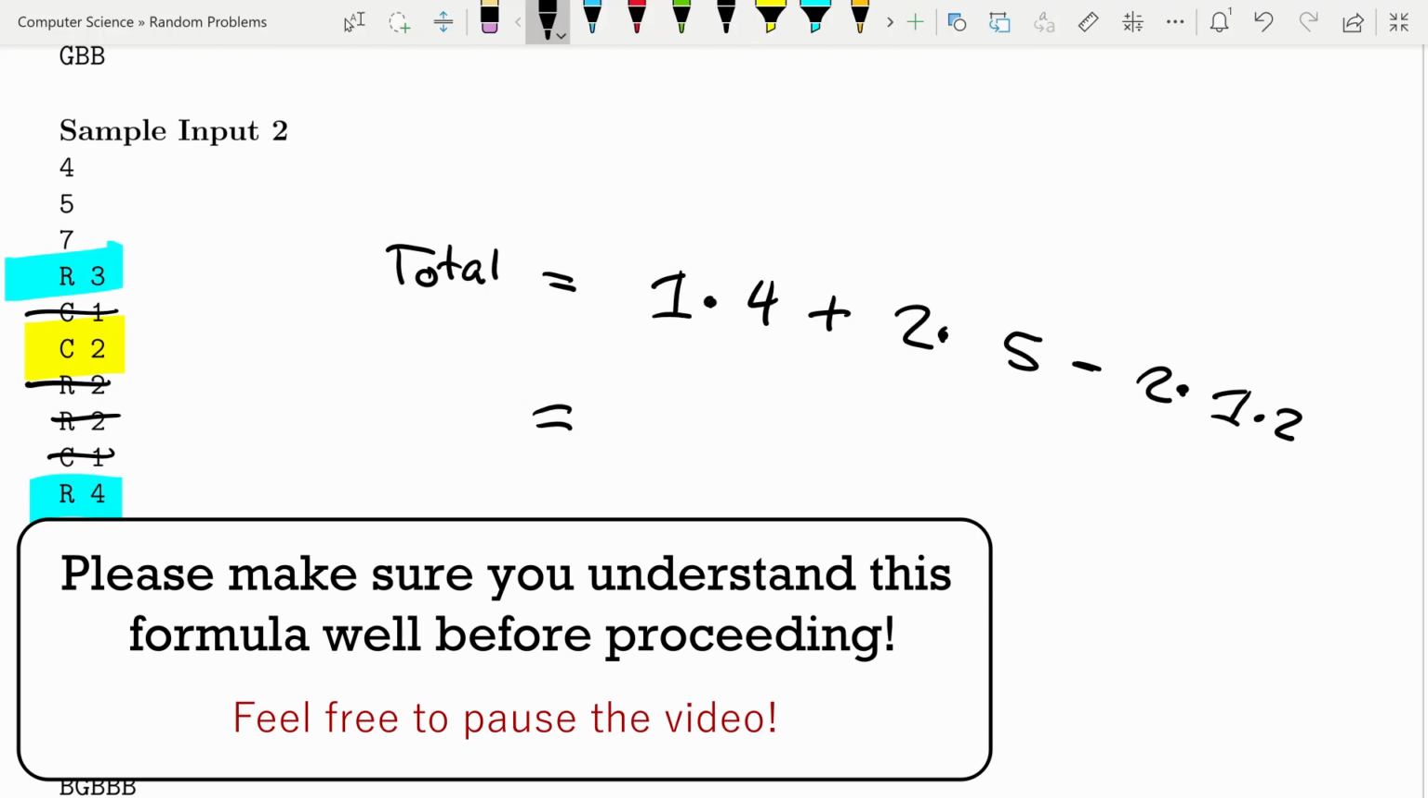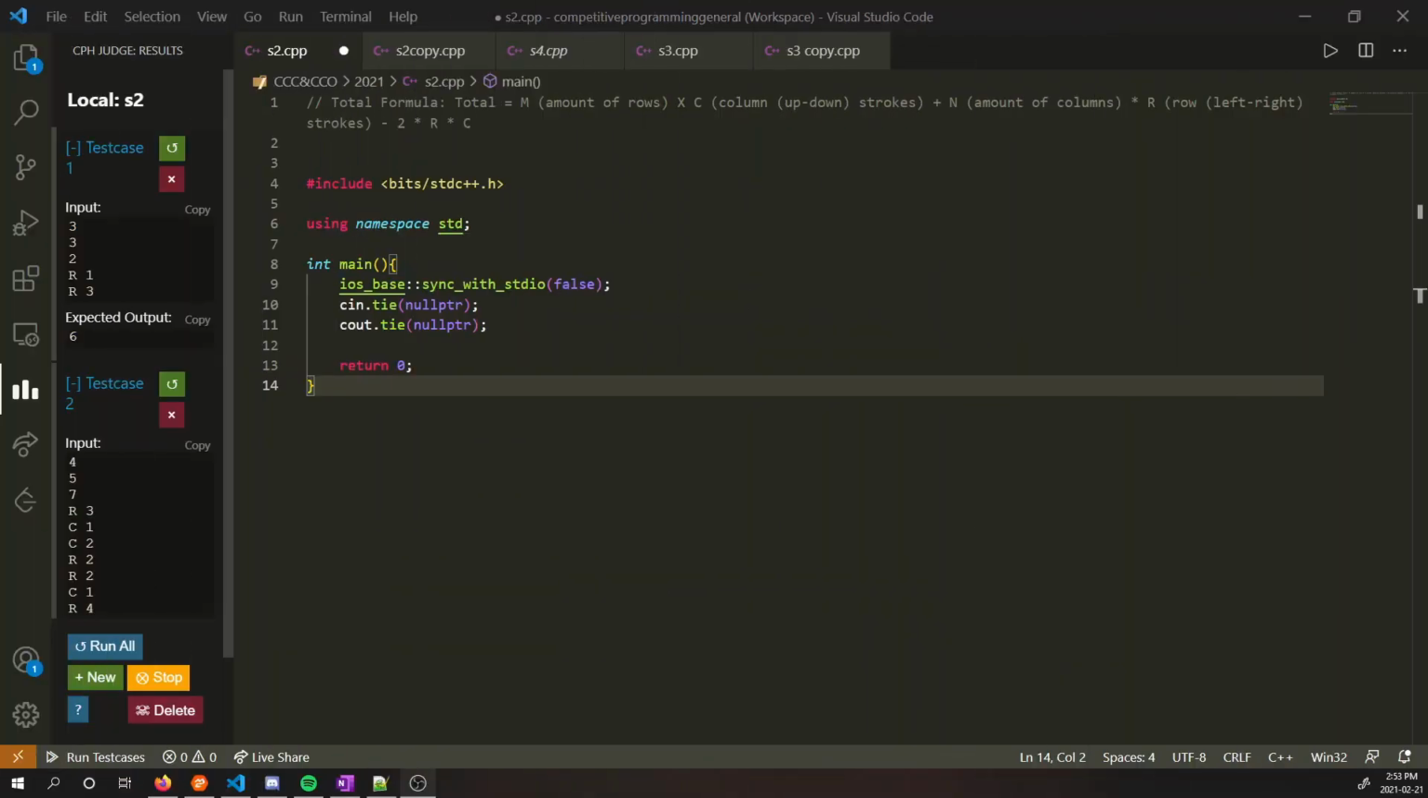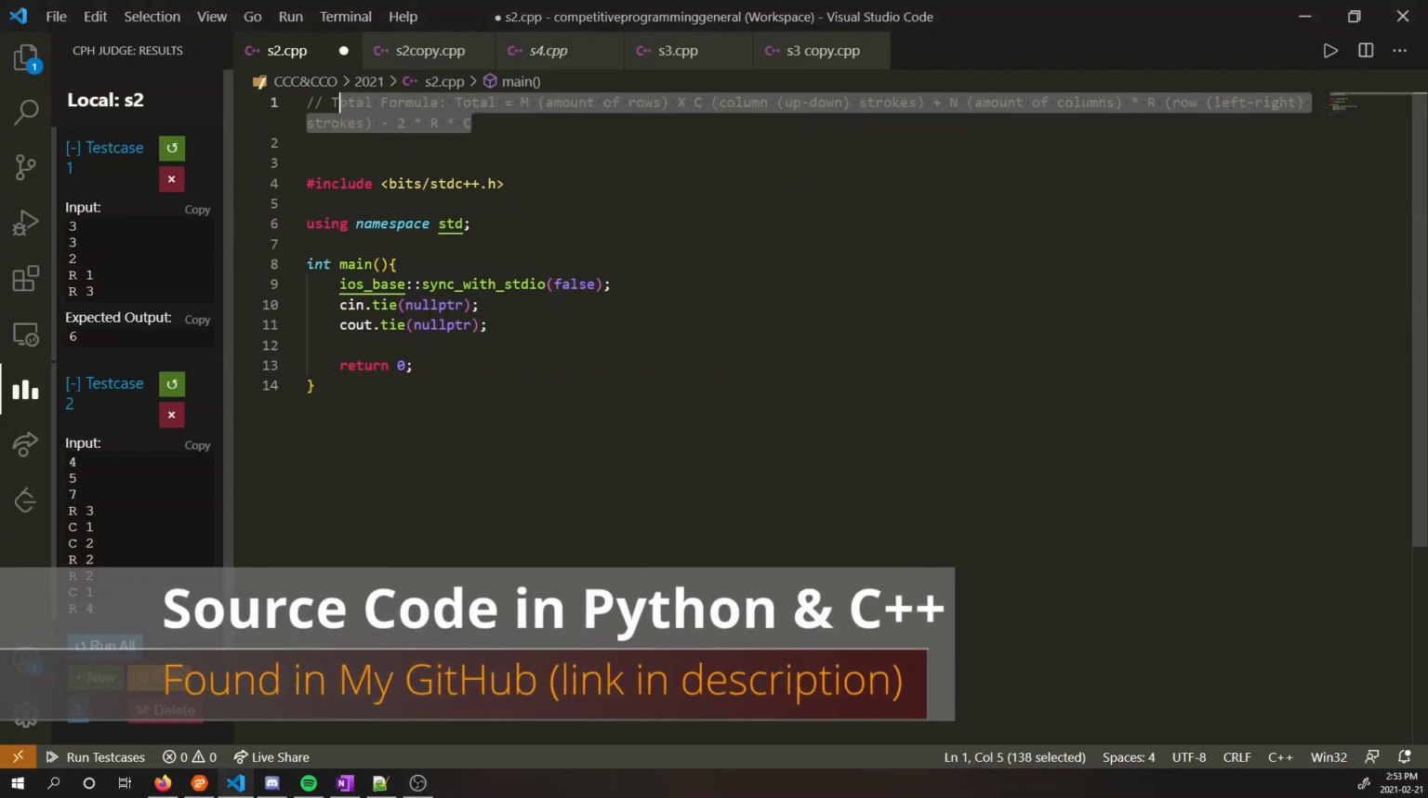Which, if you quickly do the math on this, equals 10. So now we know that our formula works. Now I'm here in Visual Studio Code, time to code this in C++, but this would be very easy to do in Python too. Now all I've done is copy over the total formula that we have just derived,